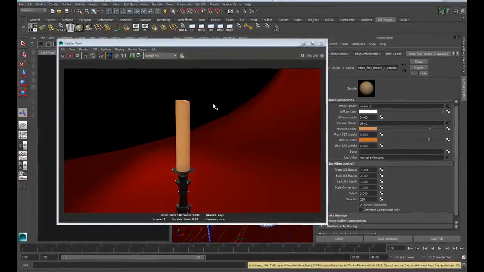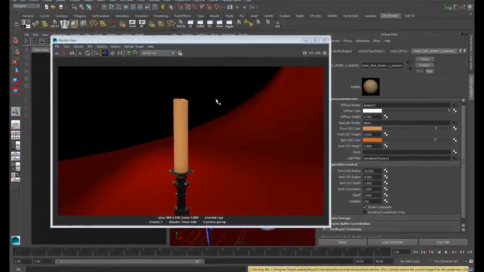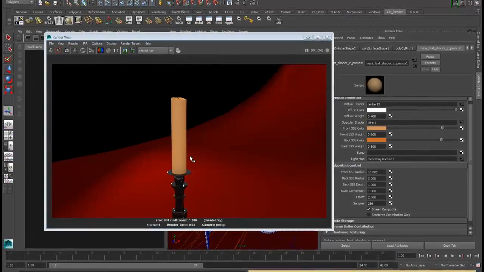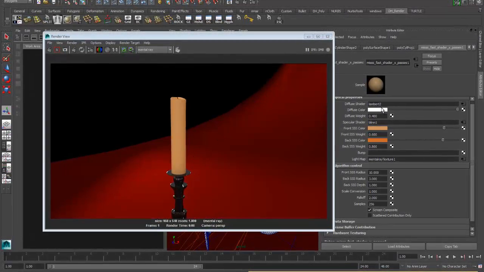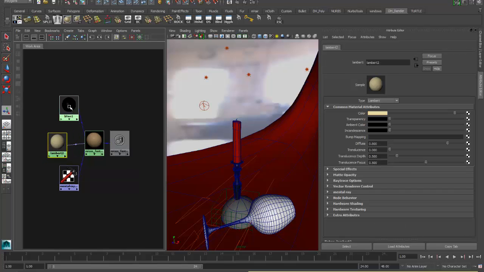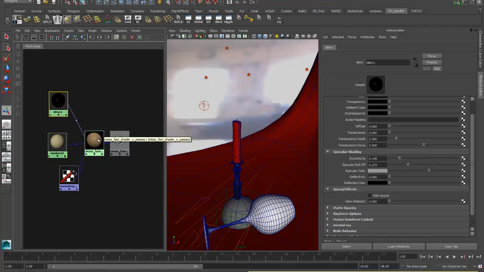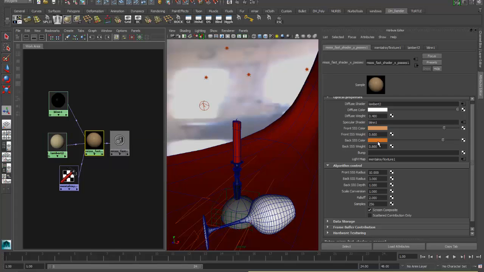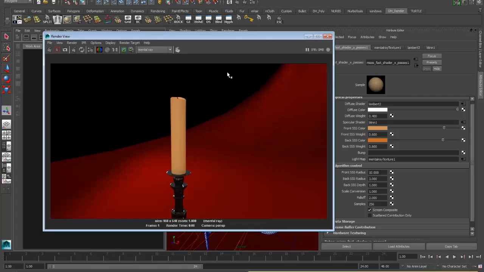This is an example of one of your subsurface scattering exercises, which I think yields a pretty good result. You can see that on the subsurface scattering X passes shader, the diffuse attributes are coming from a Lambert material. The specular attributes are coming from a Blinn material that's turned black, which is as it should be. And then we have the weights adjusted pretty nicely, so that we have a nice backlight coming through, especially through